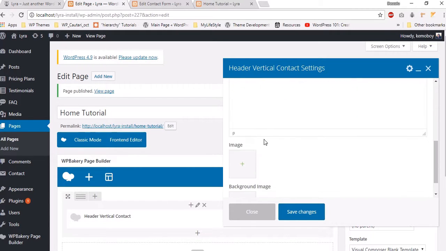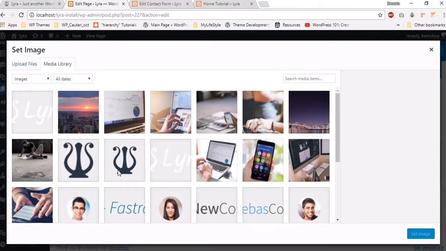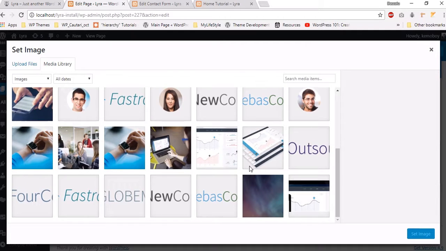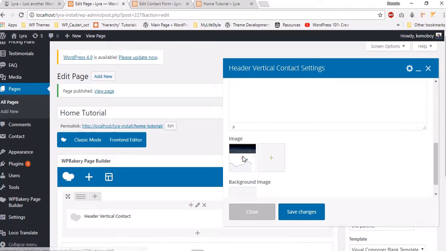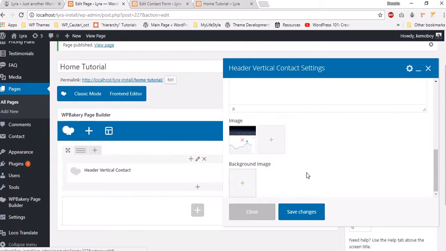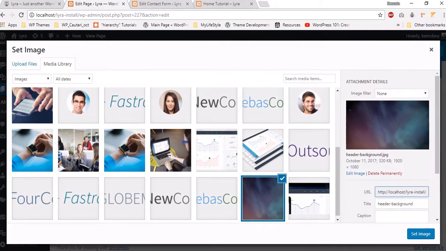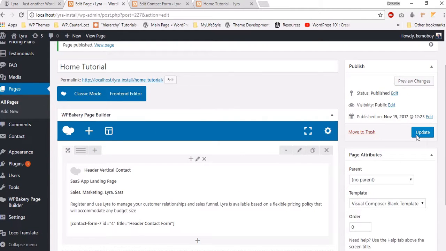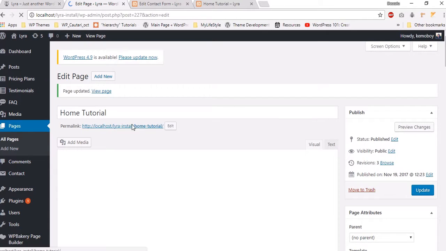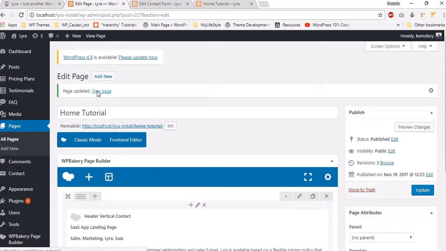Alright, and then for the image, this image, you can choose whatever image you want. I will choose the one that I already have, and it is this one. And I'll also select a background image, so in our case it will be this one, and click save changes and click publish. And right now if we go to view the page,